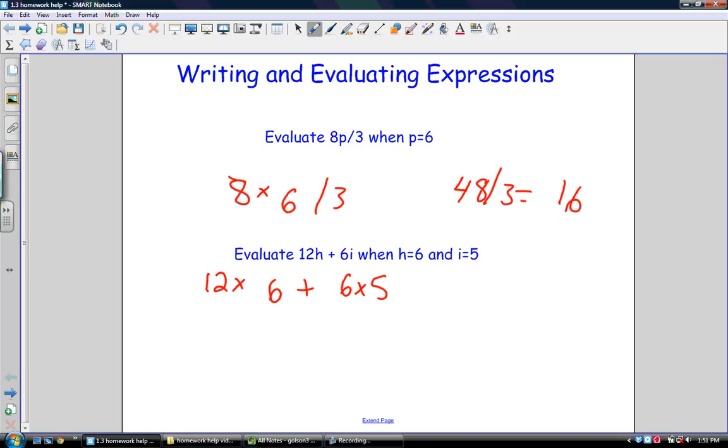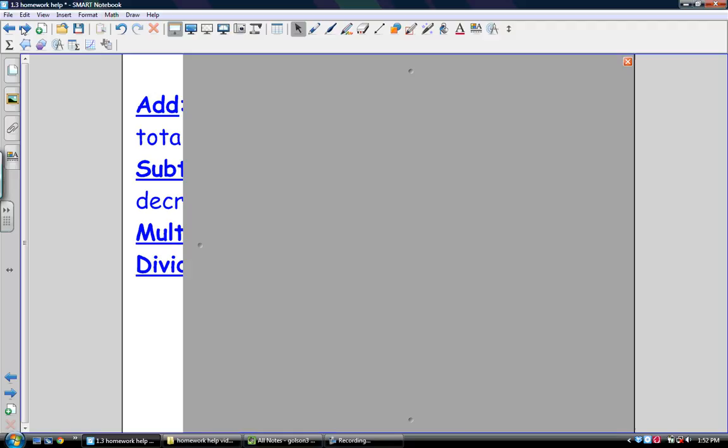So I'm going to do 12 times 6, which is 72, and I'm going to do 6 times 5, which is 30. And now I'm just going to add those up, and I see that I get 102. And that is all I have to do for these ones. It's that simple. Plug in whatever's missing with what they give you. So now what we have to talk about is if you have a word problem and you want to change it into an expression like the ones we had on the last page,